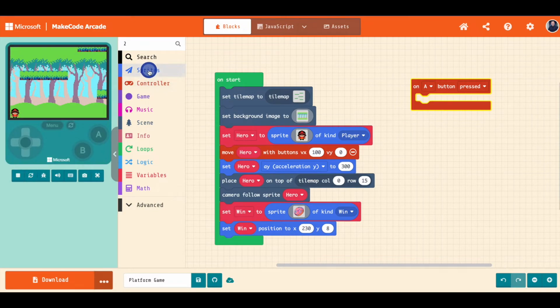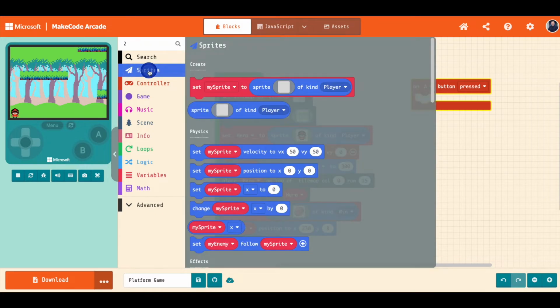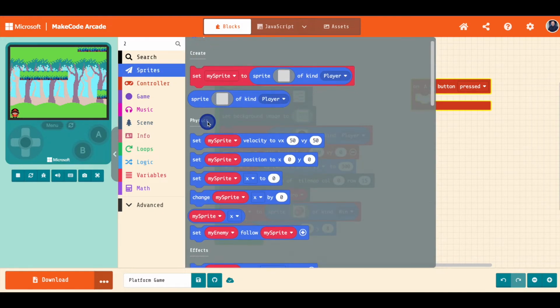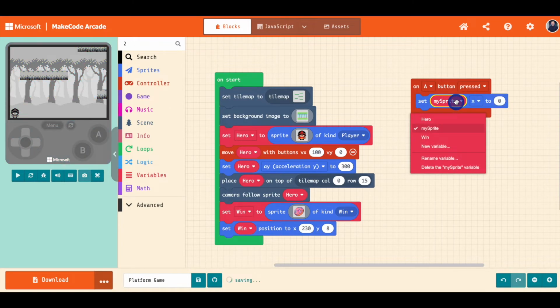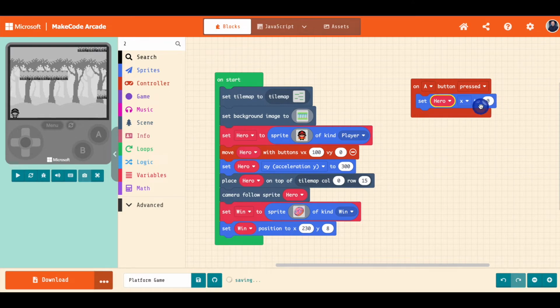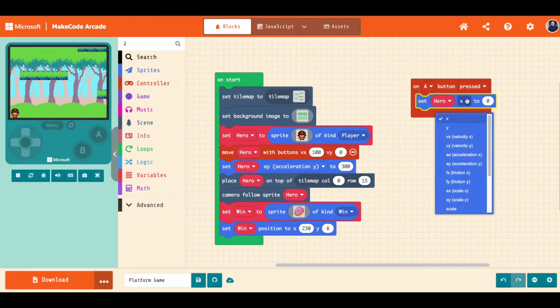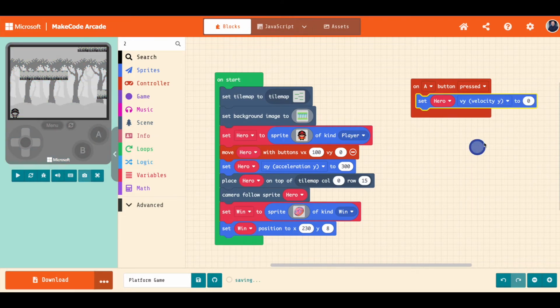So we're going to go to where it says sprite, and then we're going to go down to where it says set hero X to 0. Click and drag that block into your A button block. Again, make sure you change your my sprite to hero so we know who we're working with. What we're going to do here, we're actually going to change the X to velocity Y. Now if we go down, we'll see velocity Y is there. And we're going to change this value to